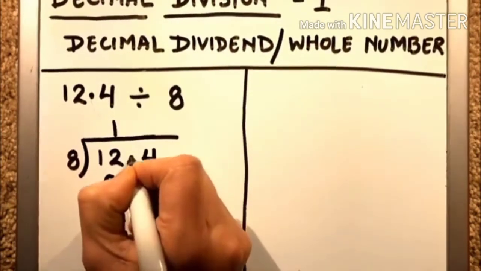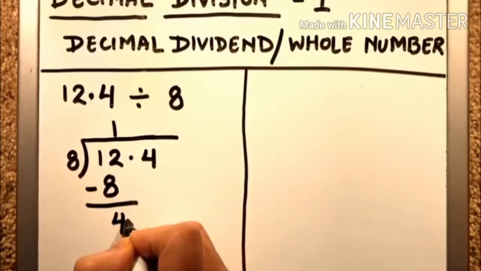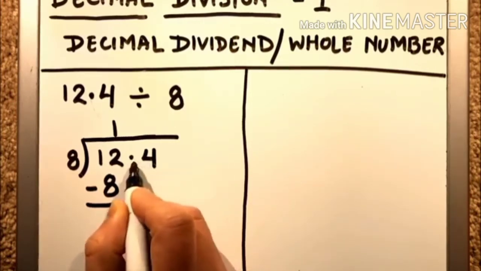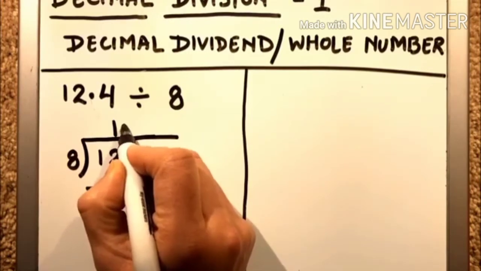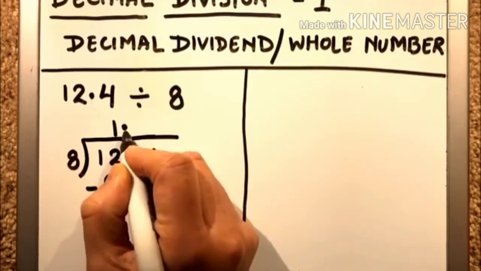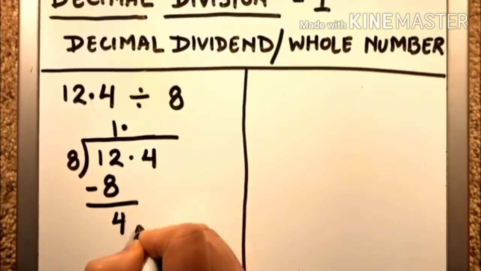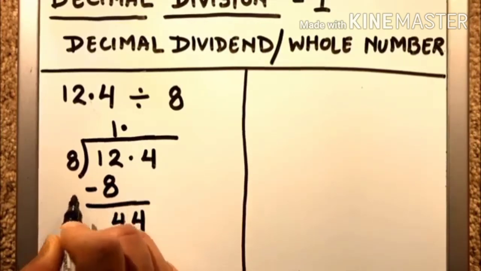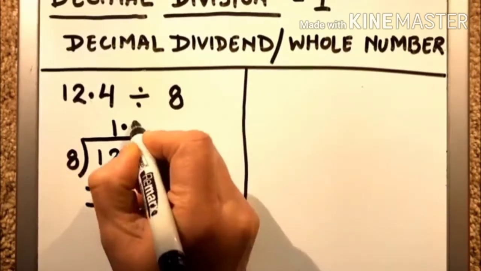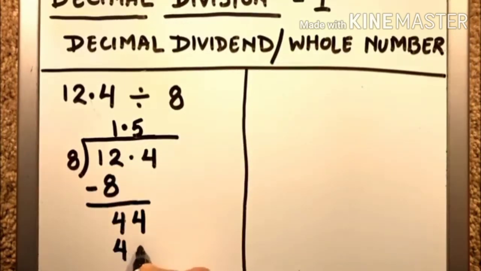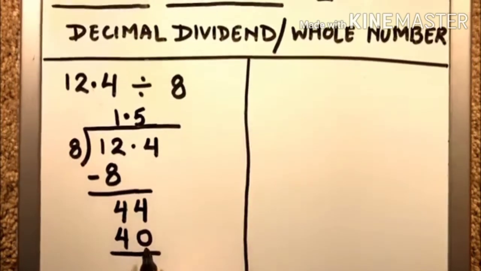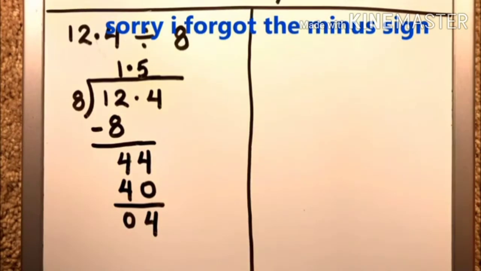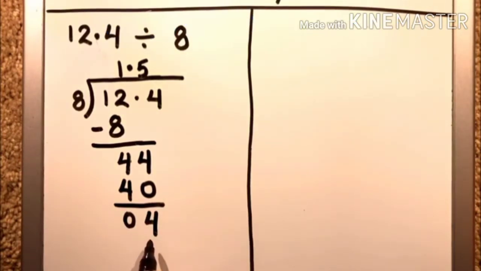And then, just above this decimal point in the dividend, we have 4 as the remainder, and we need to drop the next number, but in between there is a decimal point. So we'll put the decimal point in the quotient just above the decimal point in the dividend, and then we'll drop down the next number, which is 4 here. Then we count the table of 8: 8 times 5 is 40. So this is 40, and then the difference is 0, this is 4. Now this 4 is the remainder.